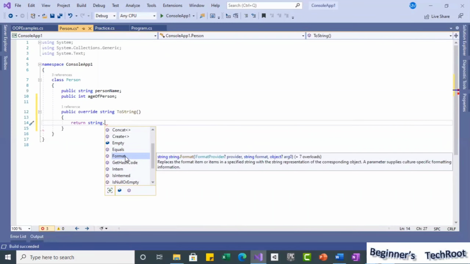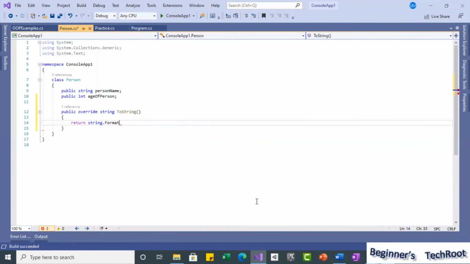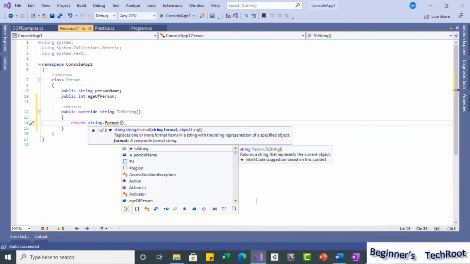Here you can use this format method, the same way as we have done. One of the implementations is overloaded, with 8 methods.